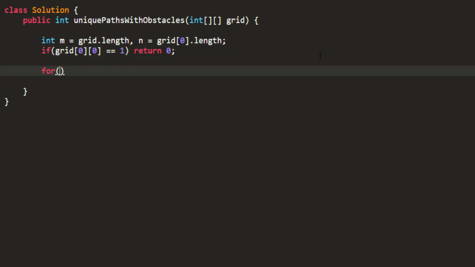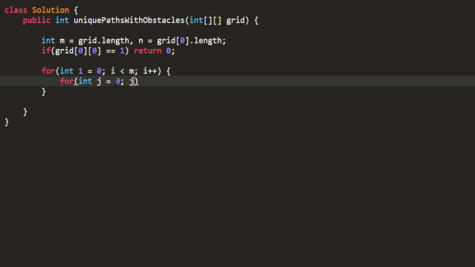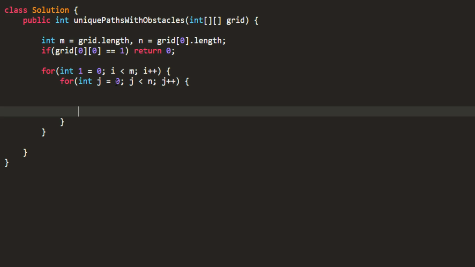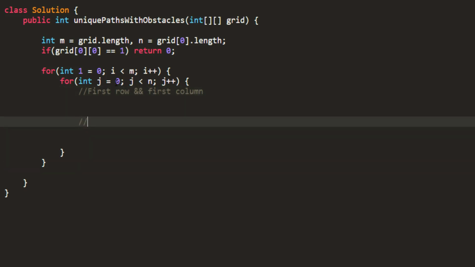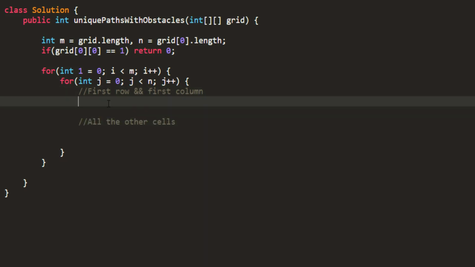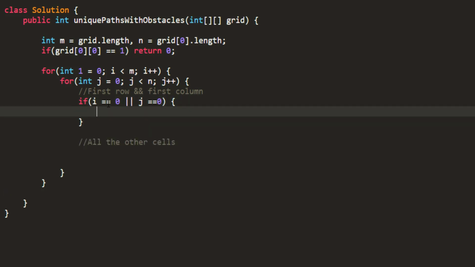In this particular approach, we'll not be using any other array and we'll only be updating our given grid. Over here, we'll be having conditions for the first row and first column and for all the other cells. So how do we know this is a first column or first row? We'll get i equal to 0 or j equal to 0 in that case. Now we need to see the conditions wherein we can fill 1 or 0.